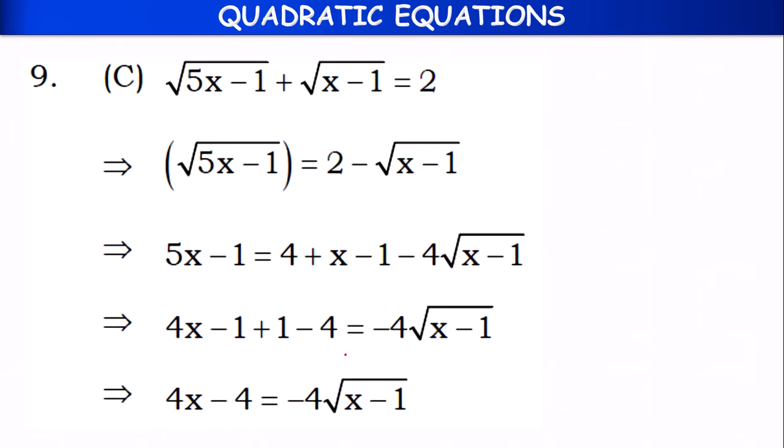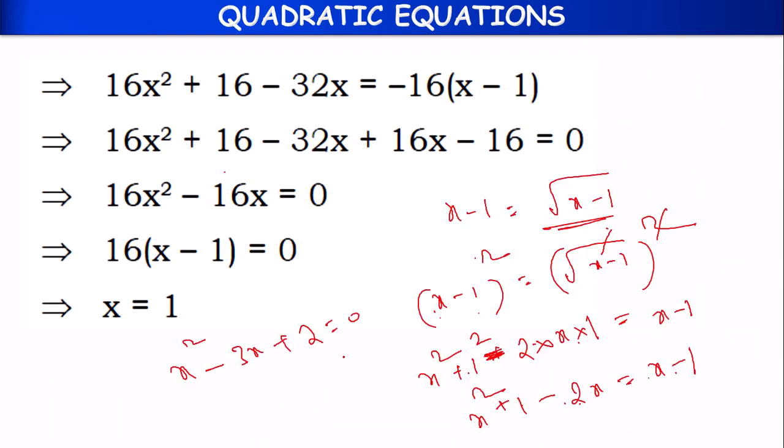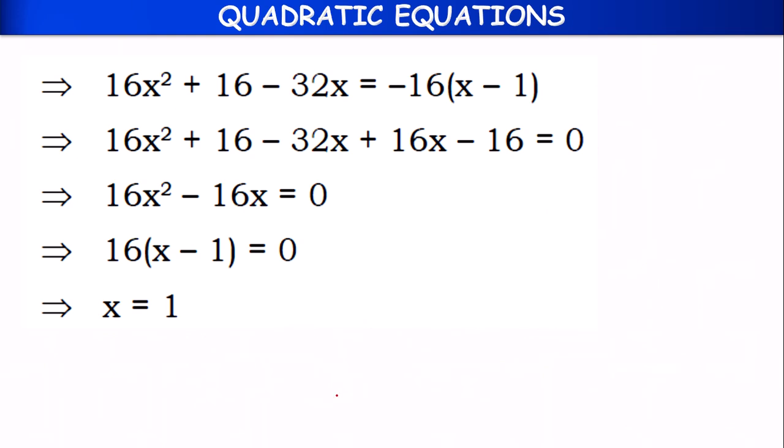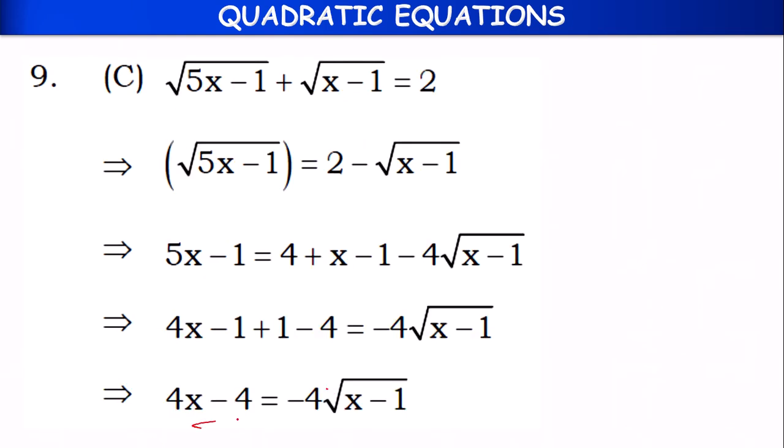Like this we are getting, children. Again we have to factorize and we have to find the x values. So in this method, again we have to factorize and find the x value. That's why in this example what they have done is they kept it as it is and squared on both sides.